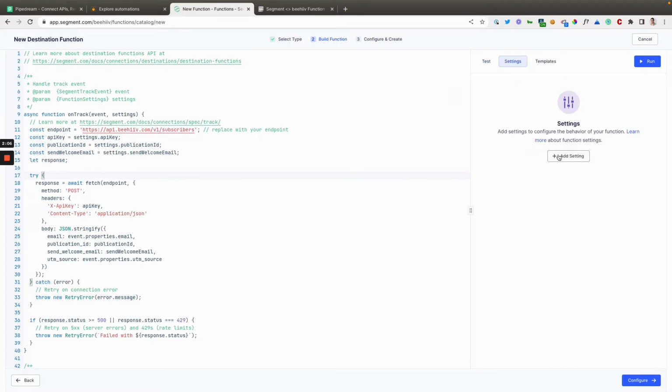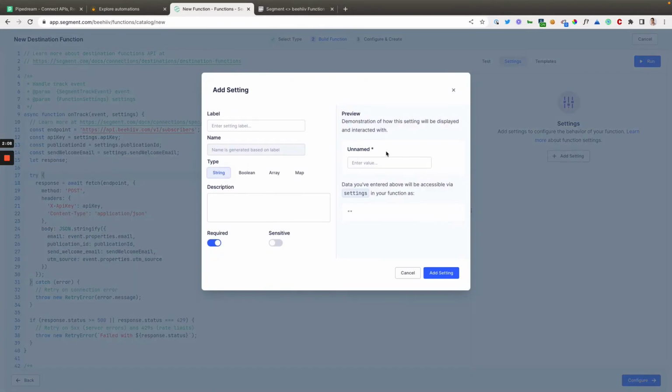But what we're going to do is we're going to add a couple settings. The first one is going to be called API key. And so you can see that there's no space and the second word gets capitalized. So this is going to be the API key from the account that we just created. And so you can keep this here. You can add a little bit of a description,